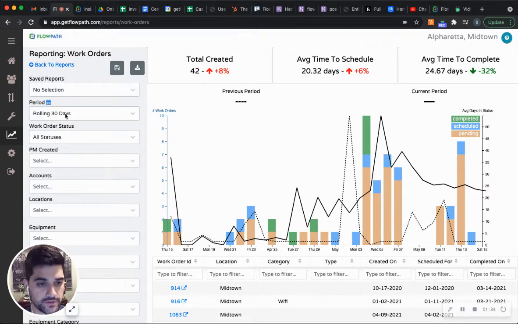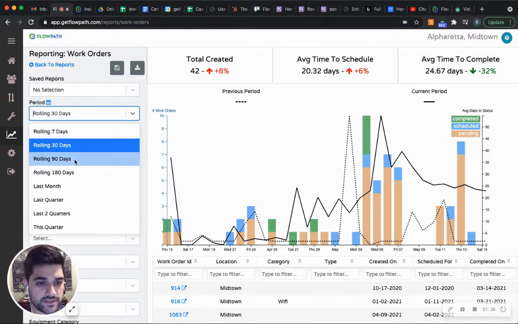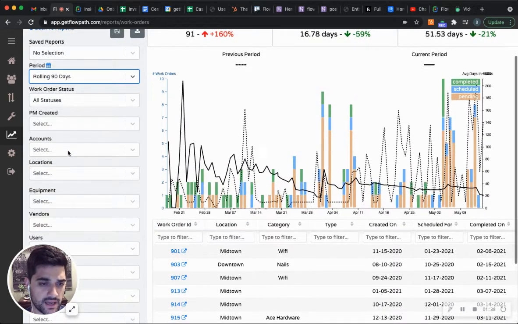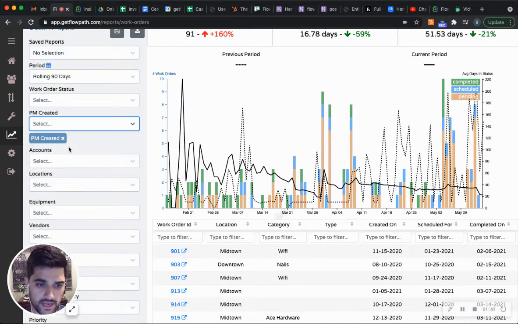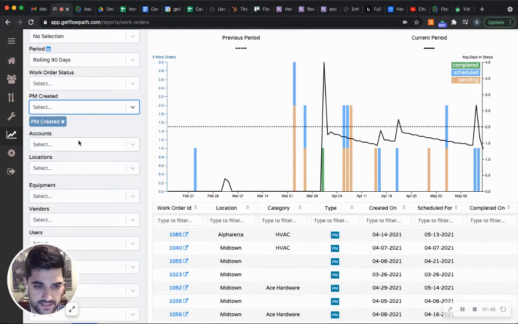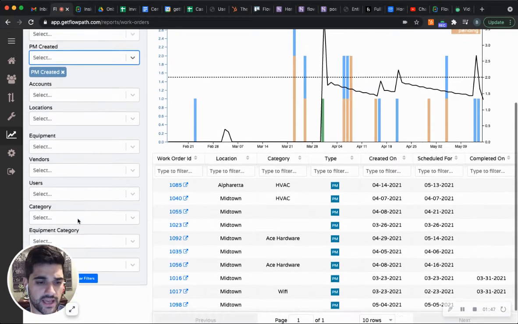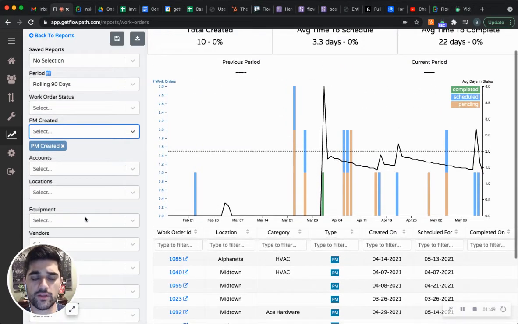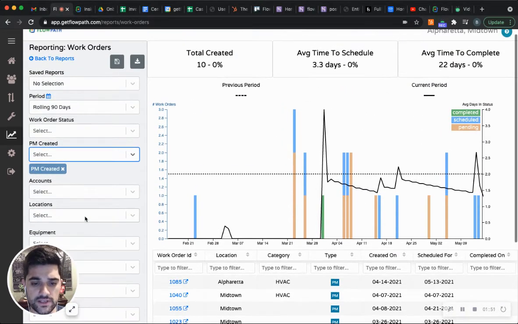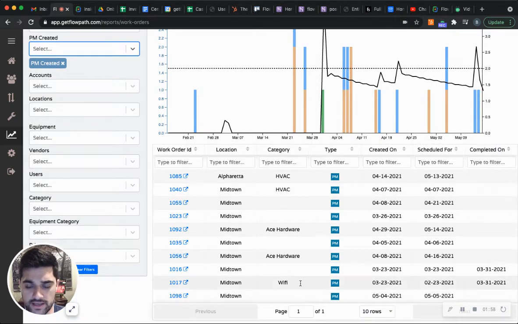on different filters. So say I wanted to see the past 90 days, I wanted to see all PMs that have been created. If I needed to see a certain account or location or equipment, vendors, users, category, equipment category, there's a number of different filters that you can really start to dive into your data. So you can see the graph here of the trends, and you can also see the raw Excel data here